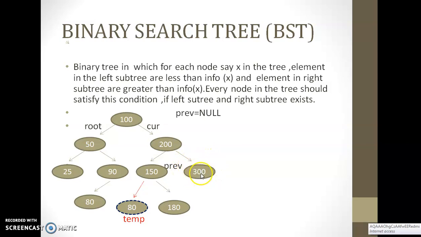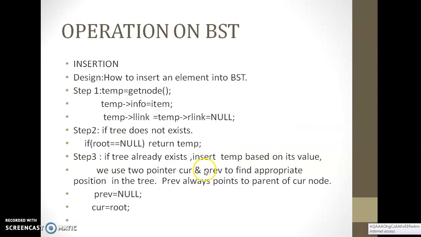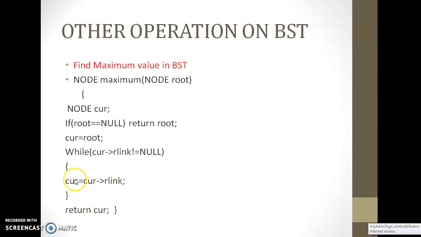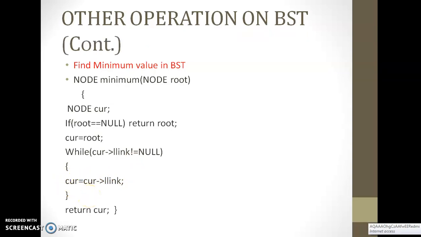Then this is the maximum value in the given binary search tree that we are going to display from this function. So until the right link is not equal to null, we have to keep traversing through the right child. Once we reach the null value, that time the current holds the maximum value in the given binary search tree.